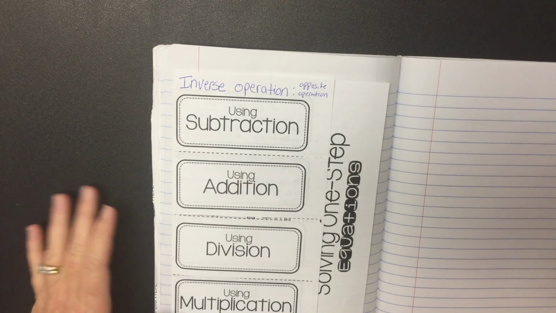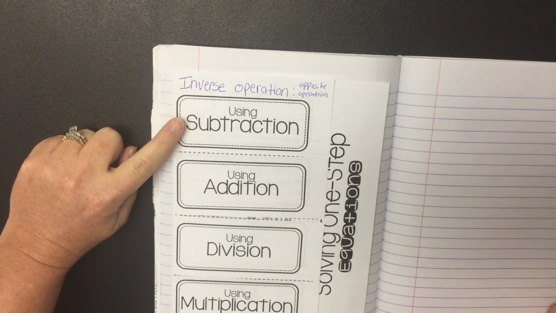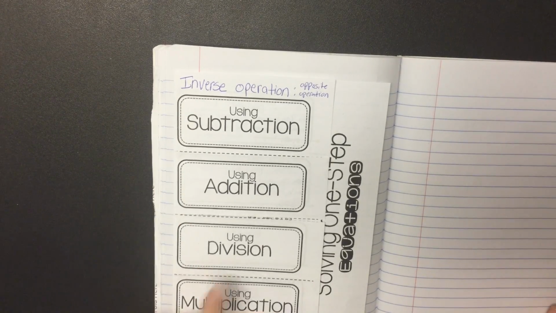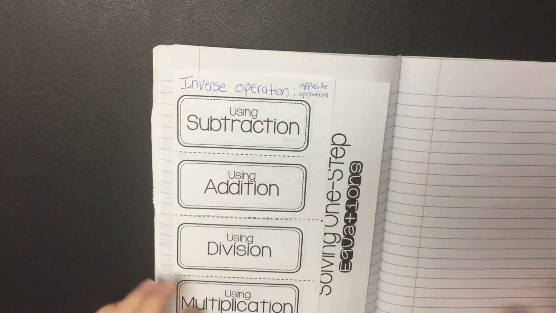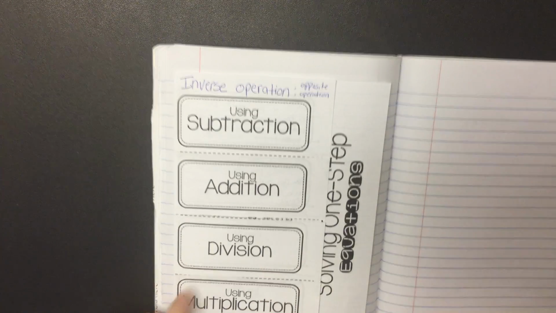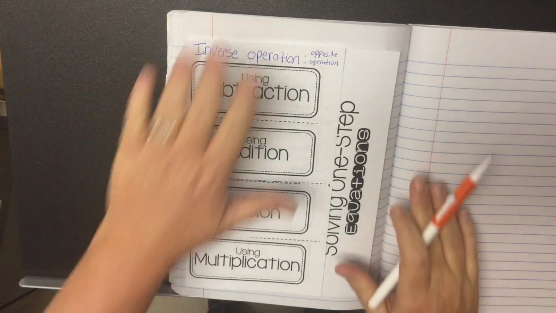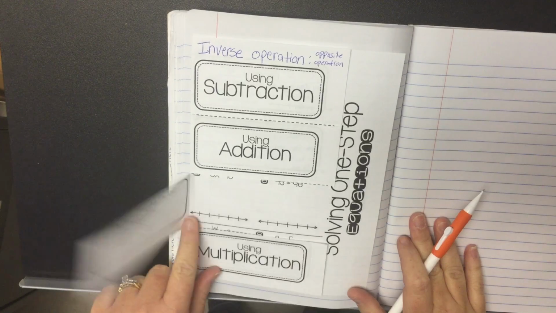Okay, so we are going to continue our working on our flipbook. We have already done the subtraction and addition. We are going to now move on to our division and multiplication. Remember, these are our inverse operations. So if you could get your flipbook out, we are going to now talk about,